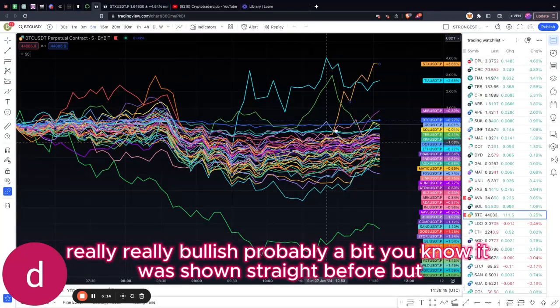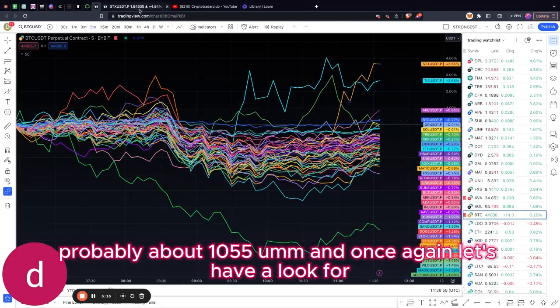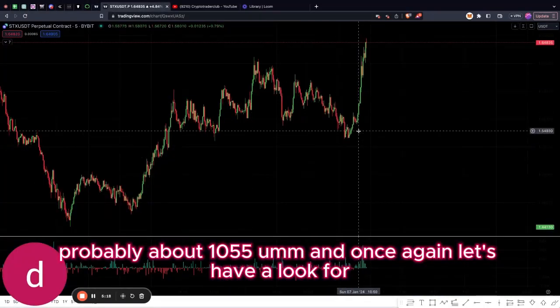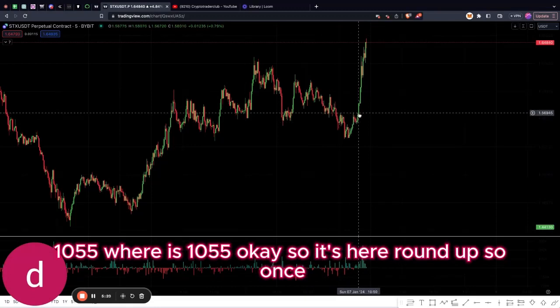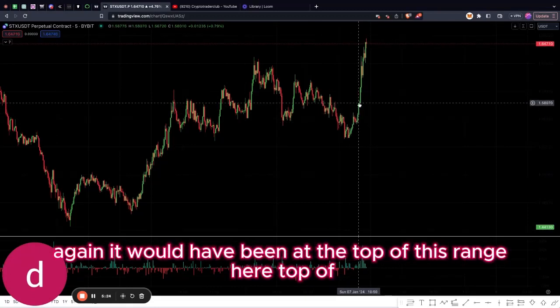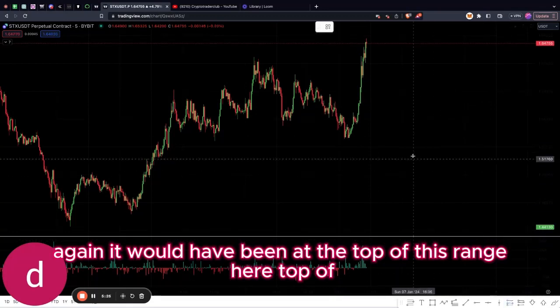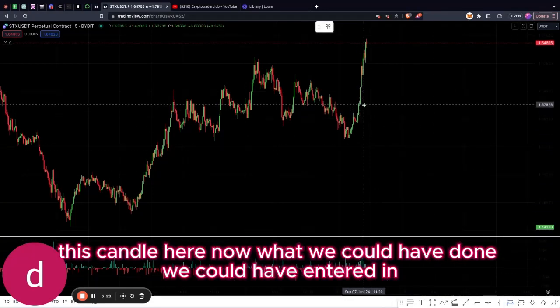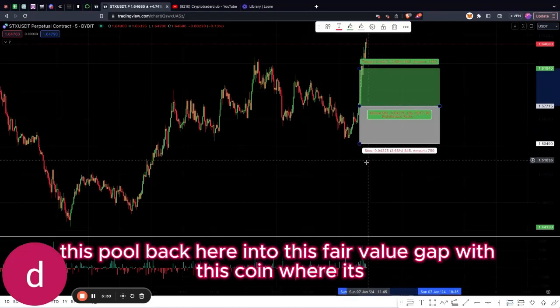Probably, it was showing strength before, but probably about 10.55. And once again, let's have a look for 10.55. Where is 10.55? Okay, so it's here. So once again, it would have been at the top of this range here, top of this candle here. Now, what we could have done, we could have entered in this pullback here into this fair value gap of